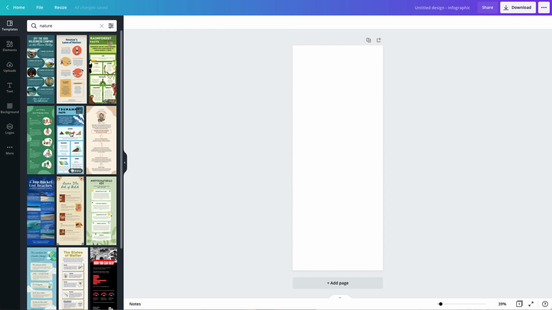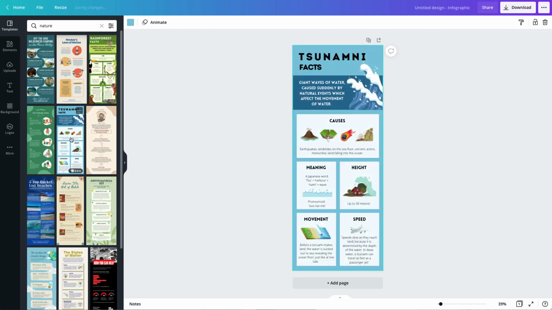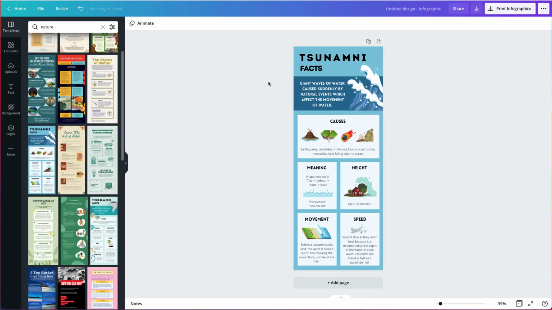And scrolling through, I think this tsunami template is going to be great because I'm doing water, it's blue, it already has some ocean waves and things in there, so that's going to work really well. And also because I'm giving an overview of the aquatic biome, I know that this layout's going to help because it gives me 5 different areas to put 5 bullets of information. So now that I have my template, I'm going to start editing to add in my information that I've developed